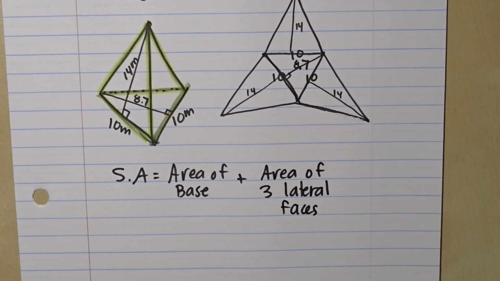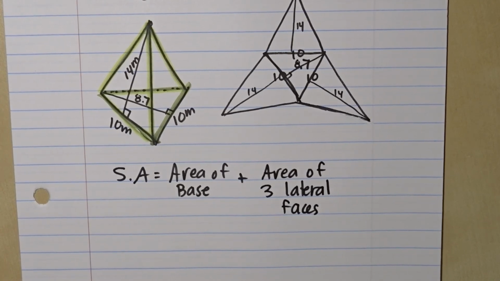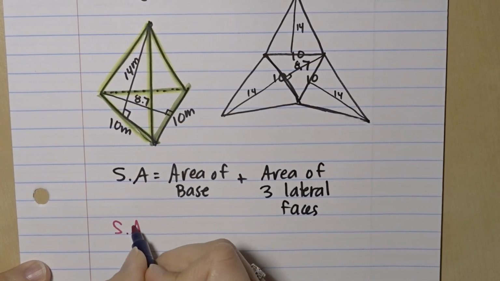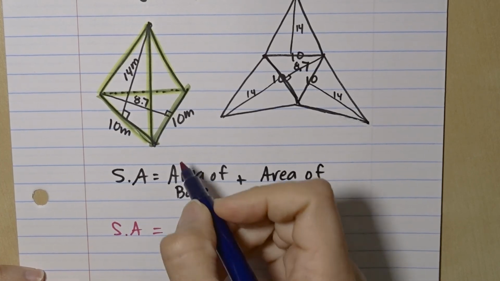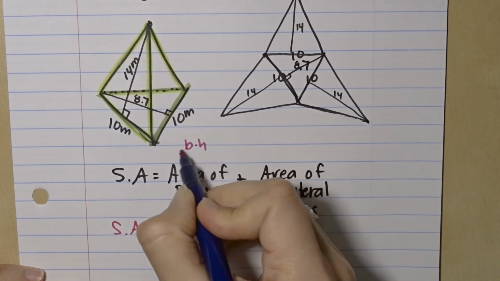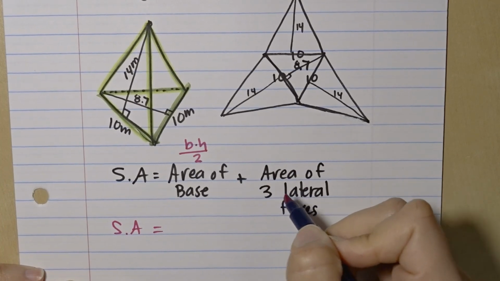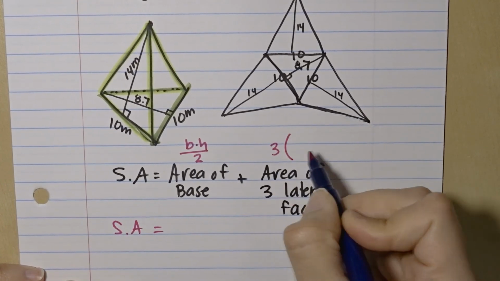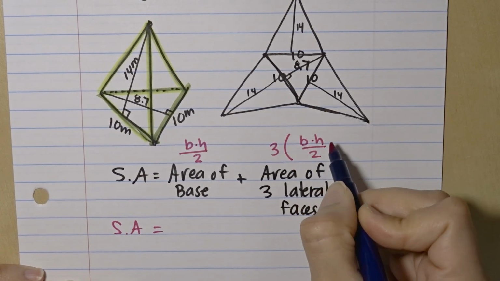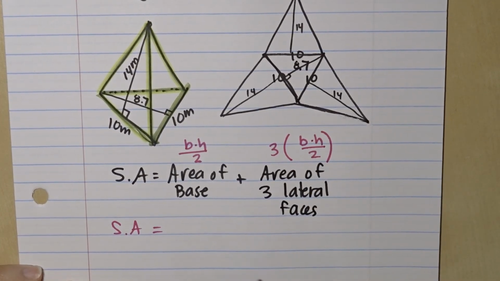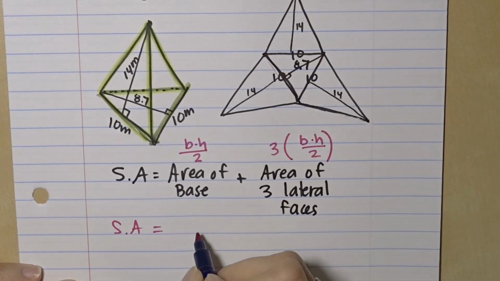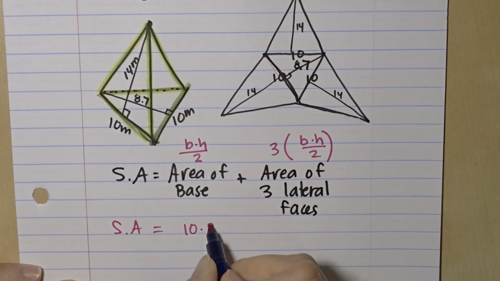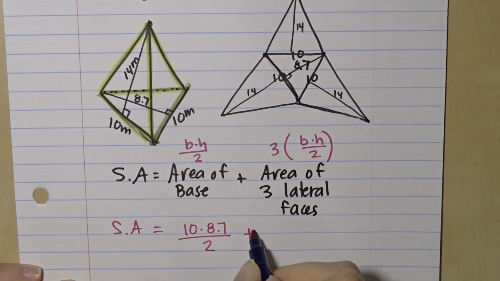All right, so let's go ahead and write out the math calculations for those. And I would say that surface area equals area of the base. Now we're going to use the triangle formulas, which are going to be base times height over 2. And in this case, because I have three triangles, it's going to be 3 times base times height over 2. Okay, so let's go ahead and do just the base. Base would be 10 times height 8.7. So 10 times 8.7 over 2 plus